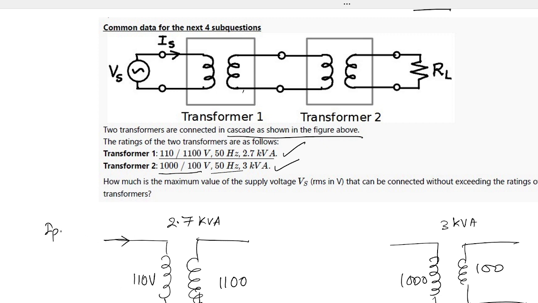IP1. V1 is equal to 100 volt maximum. Hold on, let me explain to others. So IP1 will be equal to 2700 divided by 100, and I secondary will be equal to 2700 divided by 1100. Using a calculator, IP1 will be 2700 divided by 110, that is 24.54 ampere. Now secondary will be